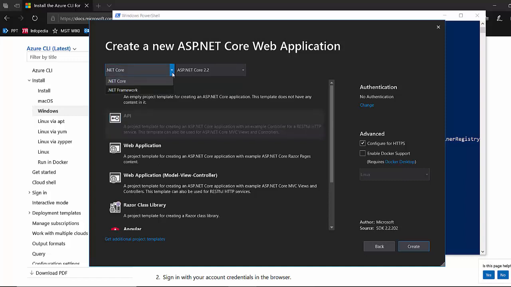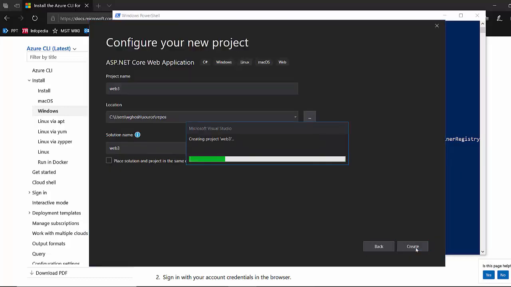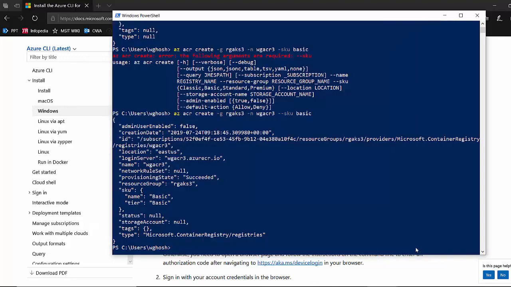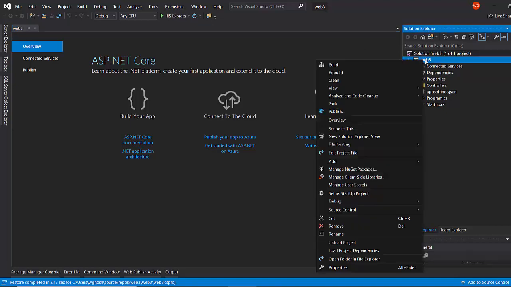So I will select .NET Core, which can run both on Linux and on Windows, and then which version of .NET Core I'm going to select. I'll select the latest one and choose the API, and I say create. This is going to create the template of my application, which will load on my screen, you can see, and I can just run it in the local IIS. Or what I can also do is